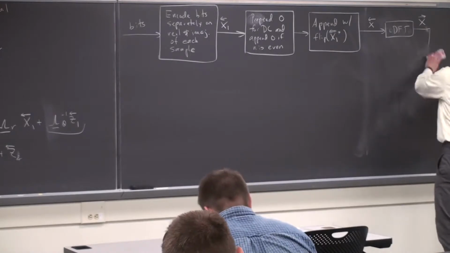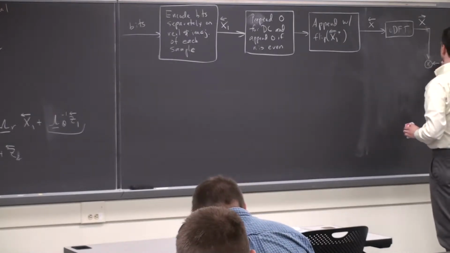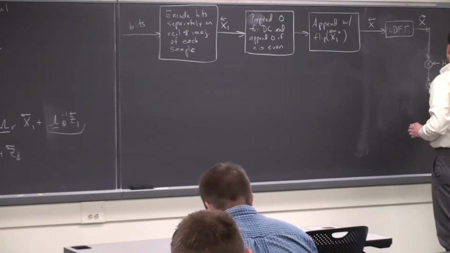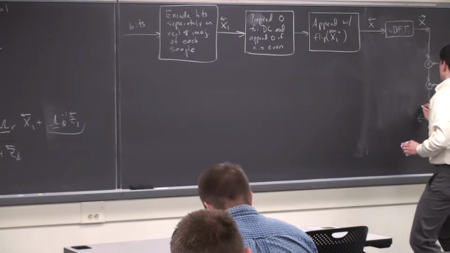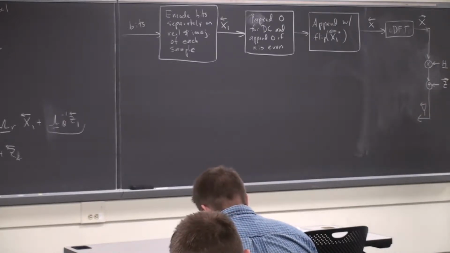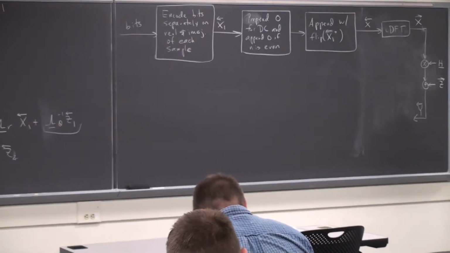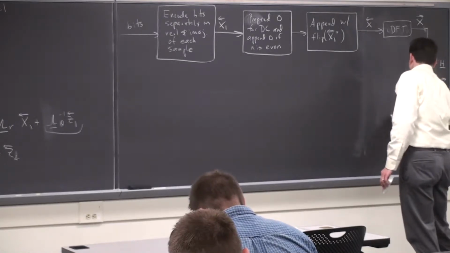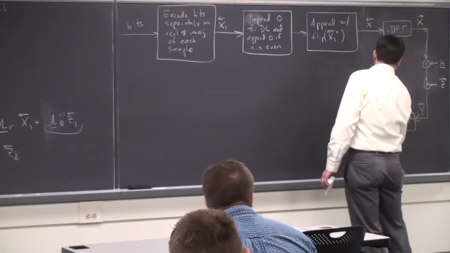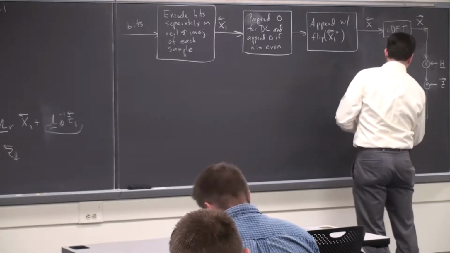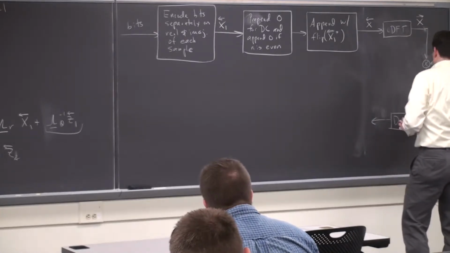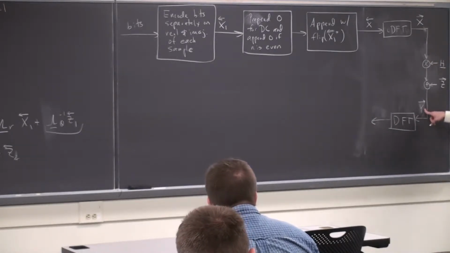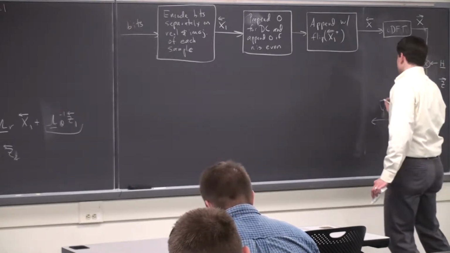Should we draw the channel out as individual operations? You multiply by h, add noise, and that gives you y in the time domain. We decode in the frequency domain, so the first step is to take the DFT. Sorry, this is y. After a while, it gets hard to keep track of these arrow directions. y in the time domain is what comes out of the channel, right arrow. Take the DFT, that's the frequency domain, so left arrow.